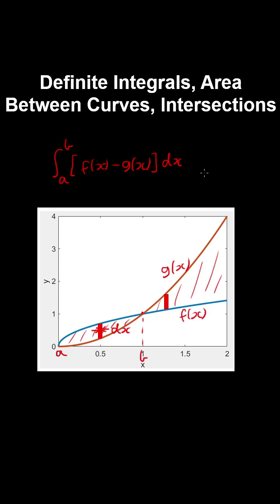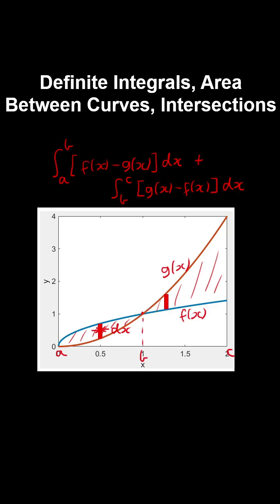first region. And similarly for that second region, we integrate from b to c, but this time the height of each rectangle is g of x minus f of x, to give us a positive height for that rectangle, which we integrate with respect to x. And that gives us the area of the second region. And sometimes you have to use some algebra to find the coordinates of that intersection point, which we'll do in